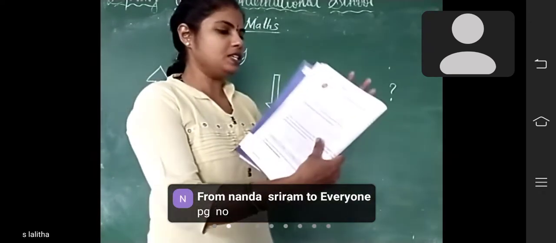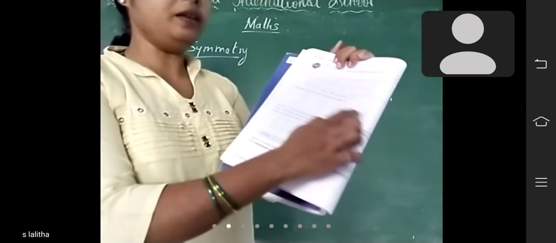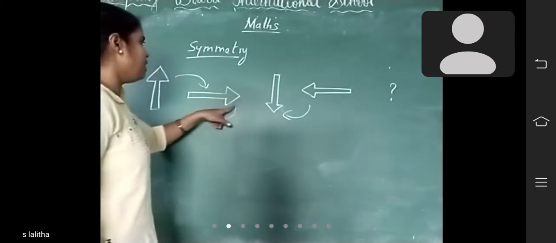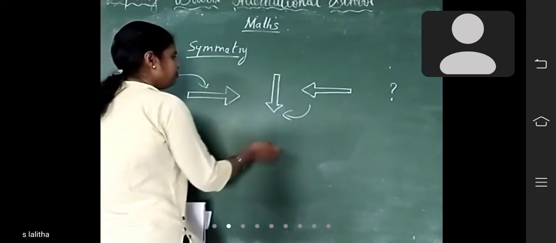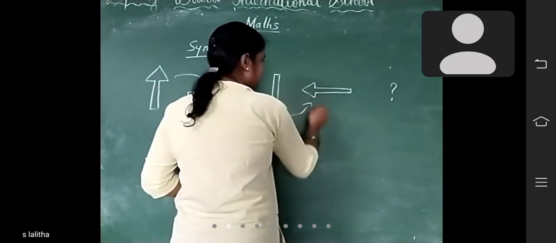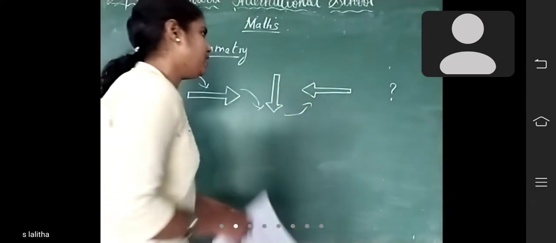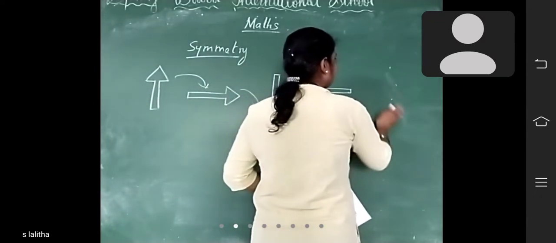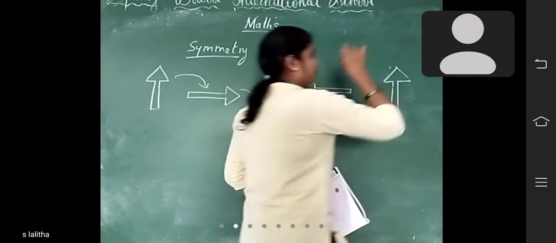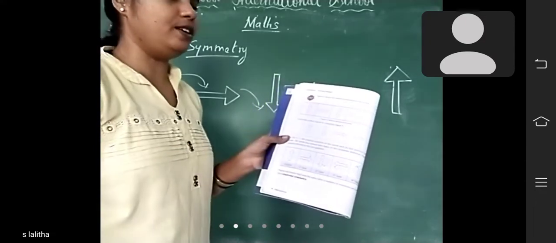See here, some options are given. Click the correct arrow to complete figure 9. So which shape will come again? First it will turn to this shape. Again it will turn like this, and then like this. So the next position is turned up. So what is the next position? It will come as the original shape. So you have to circle this shape. Circle the correct arrow to complete the figure.